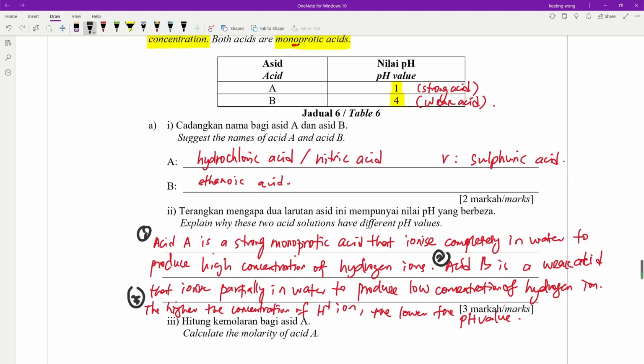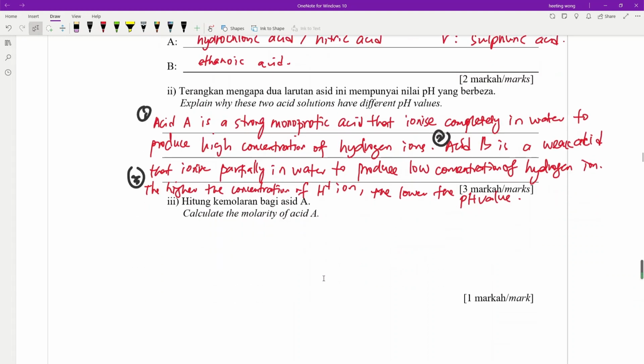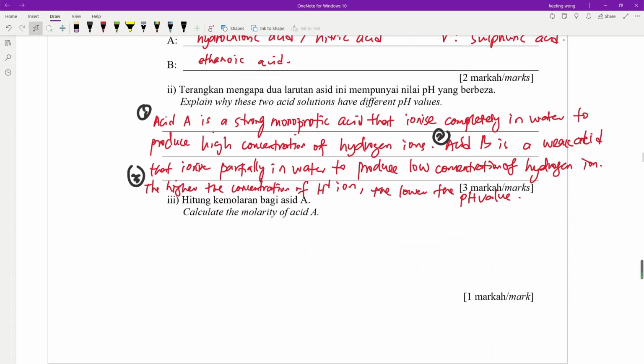So 3 marks. So remember, in the exam, very simple calculation as explanation, and very popular also. Now calculate the concentration, molarity, of the acid A. So molarity. So we know that